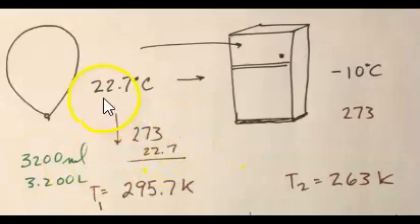Remember that if you have temperature in degrees Celsius, you have to add 273. And so now the temperature of the gas is really in Kelvin, 295.7. But if we put it in the refrigerator or the freezer, it doesn't get to negative 10, right? It's not going to be a negative temperature. It actually turns out to be, according to Lord Kelvin, 263 Kelvin. So now what happens is if we cool this gas from 295 to 263,